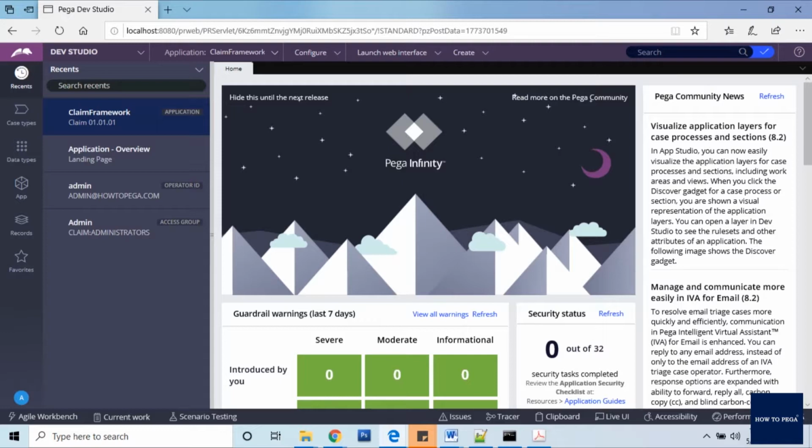In the last video, I explained how to create the application. In that video, I created an application called claim framework. Today, I'm going to explain case design in Pega, and how to create the cases